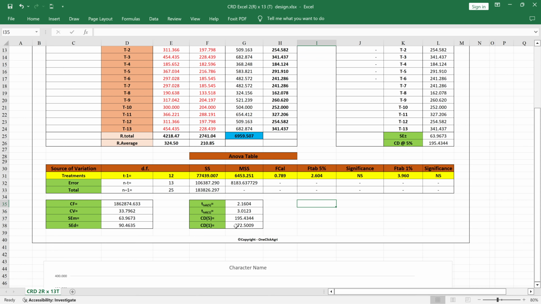If you want to learn about this, then definitely I'll make different videos on that, on how to make the bar diagram and how to do the post hoc analysis after the analysis of your design, any type of design. For example, your CRD, RBD, factorial CRD, factorial RBD, Latin square, or any design, you need to do the post hoc analysis to obtain the individual results. If you want information about this, then definitely ask me in the comment box. I will definitely make a video on how to do the